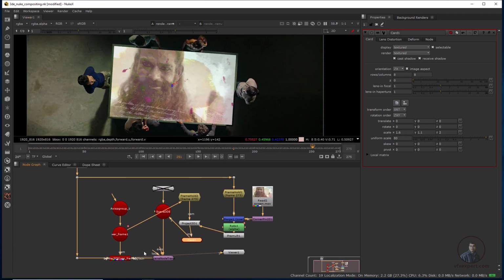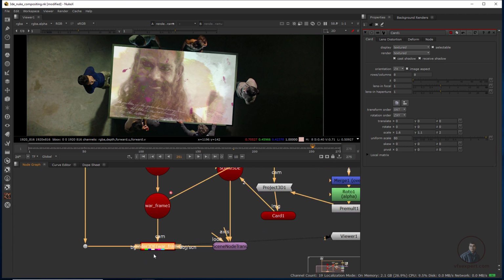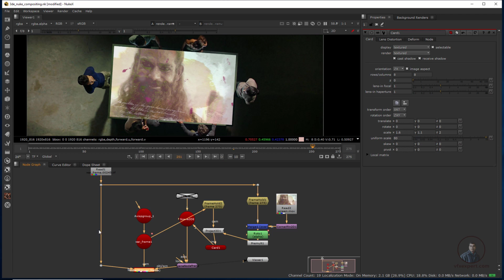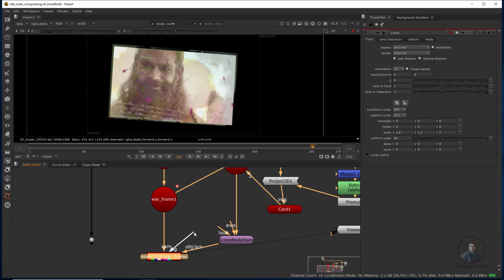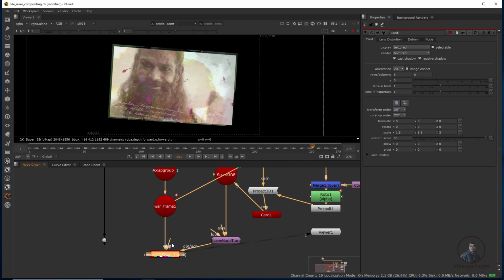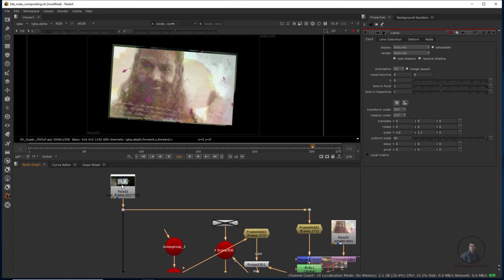This is not our final compositing. So here if you see, you are directly using your background or original footage as the background in the ScanlineRender. So first we have to unplug this one. Okay, so it is like this. Now in BG we have to connect a Constant node or a Reformat node according to our original footage frame size.